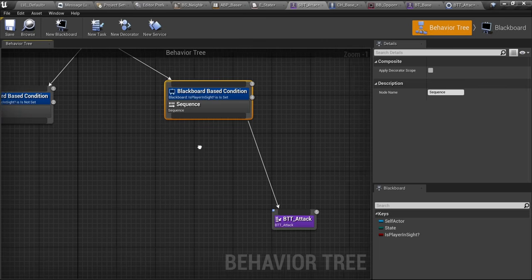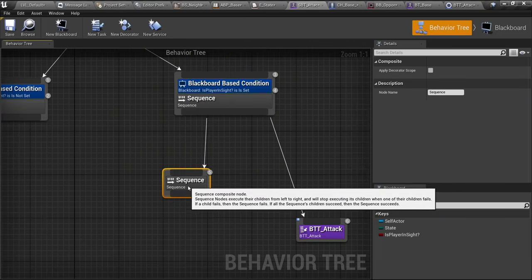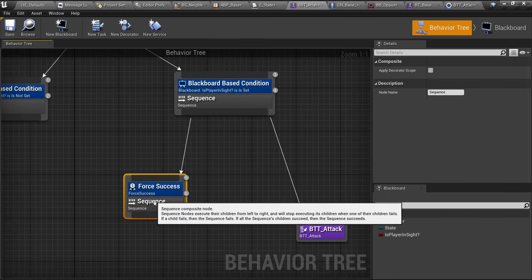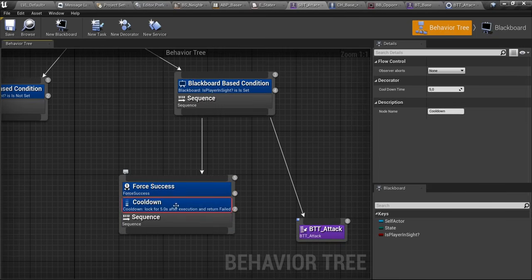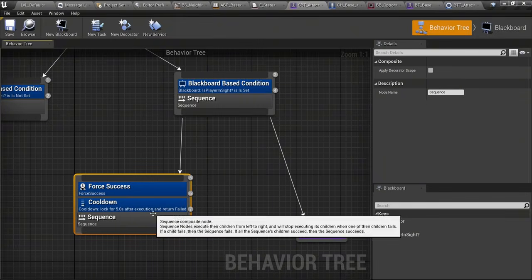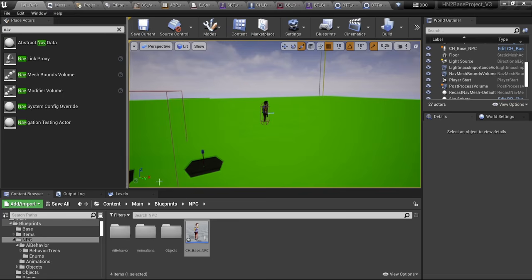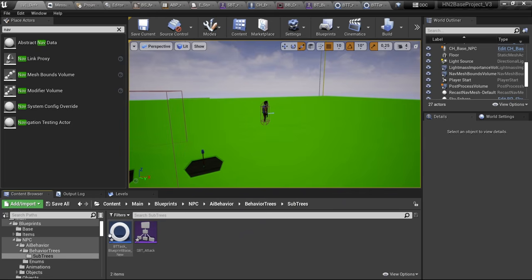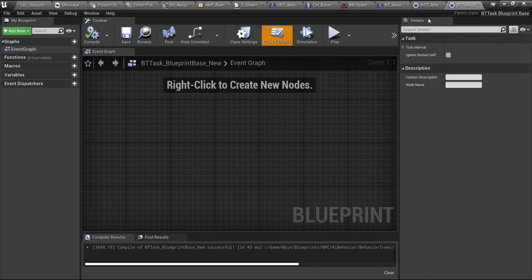So what you're gonna want to do is add another sequence, set it to forced access, and add a cooldown. Set that to like 5, which it is by default. Then I'm gonna make a new task. Now this task is gonna make the AI rotate towards us. So behavior trees. You just gotta do the same steps here,